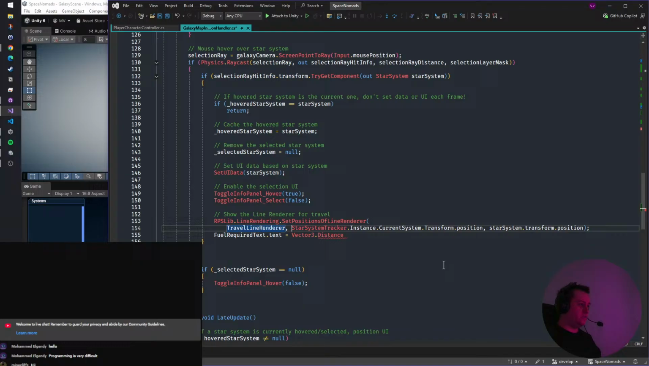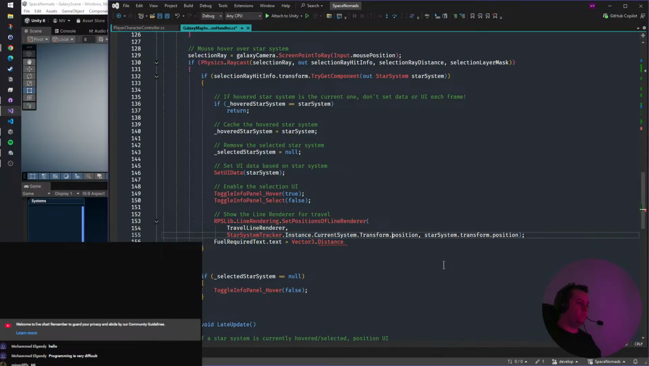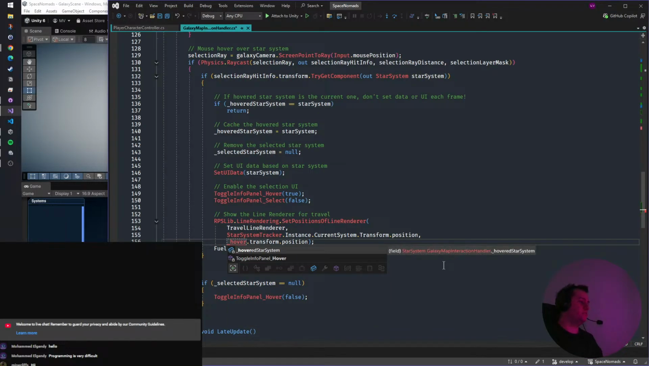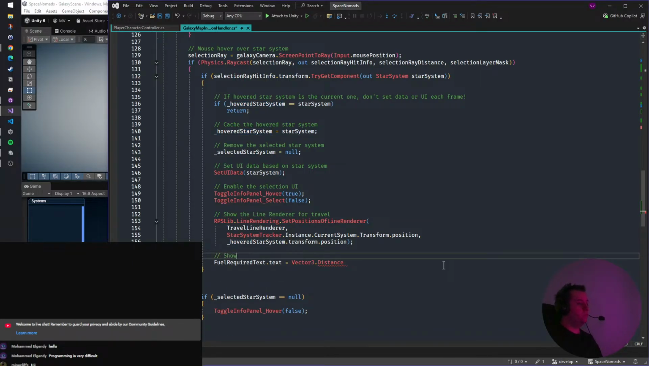Let's just separate this. So between the current star system we are in, or selected, and the hovered star system. Is that right? Yes, the hovered star system. Show the text of your required. I don't think we need to show the distance, just the fuel that's required. So